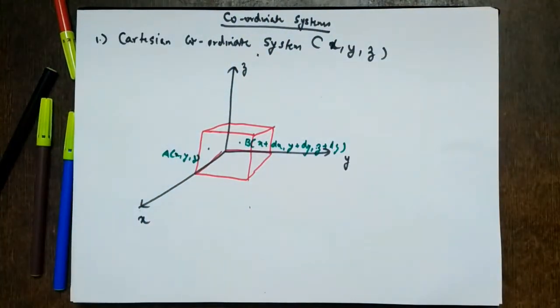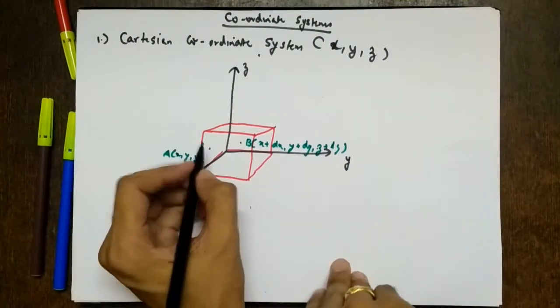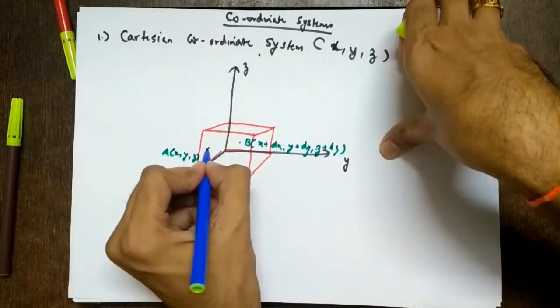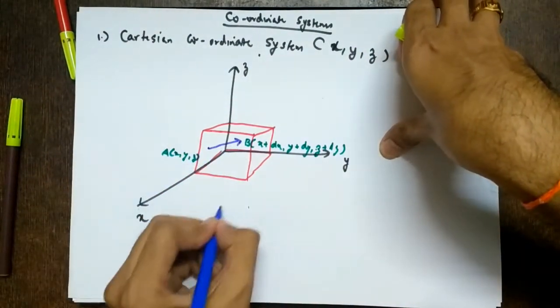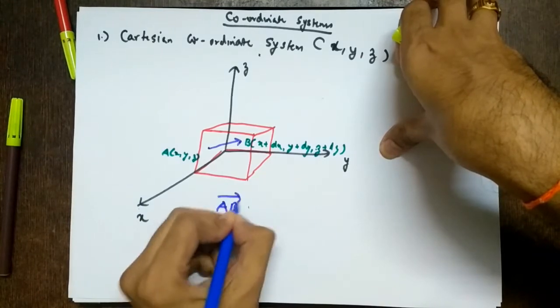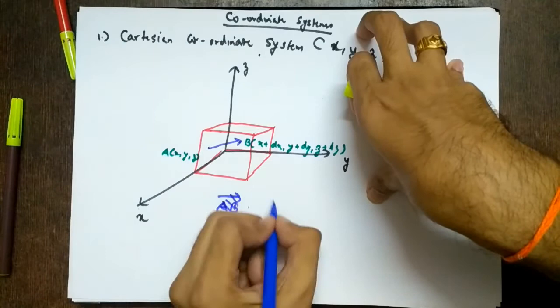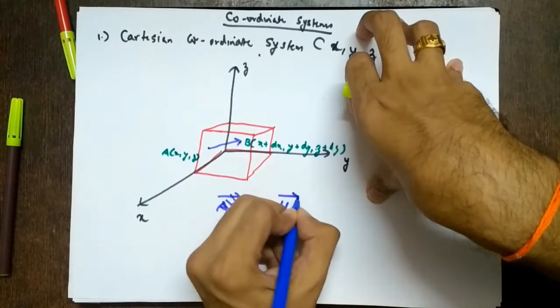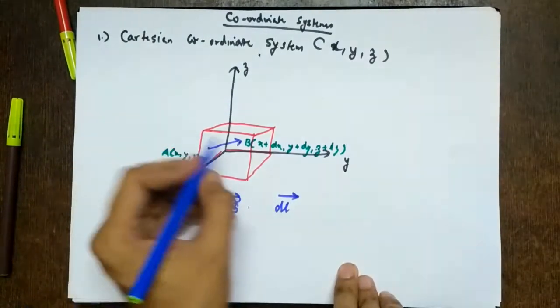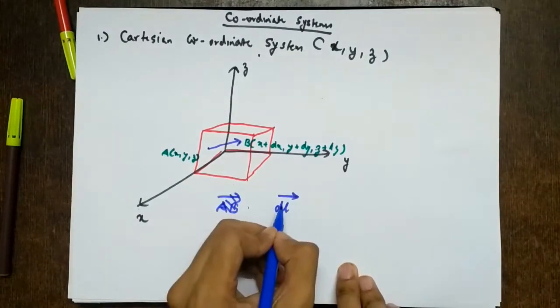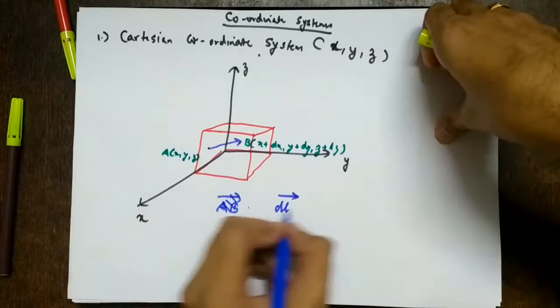What do this dx, dy, and dz indicate? That I am moving by a very small distance. It is called an infinitesimal distance. Now when I am moving from point A to B, what is happening? A vector is getting traced. What is the vector? AB vector, right? We will not call this AB vector for some reasons. We'll call this a dl vector, the length vector. Why dl? Because we are traveling by a very small distance, dx, dy, and dz, so the length encompassed by the vector will also be very small.